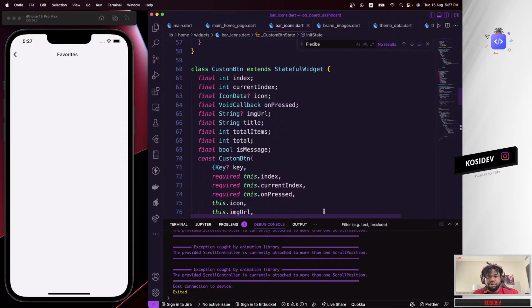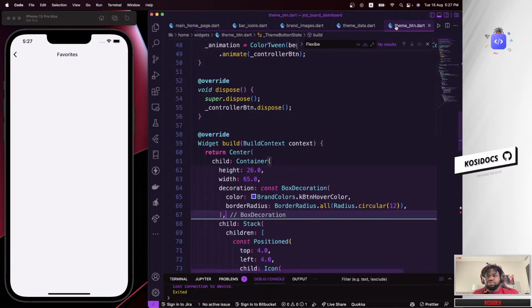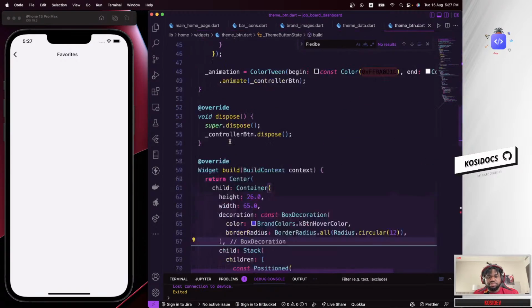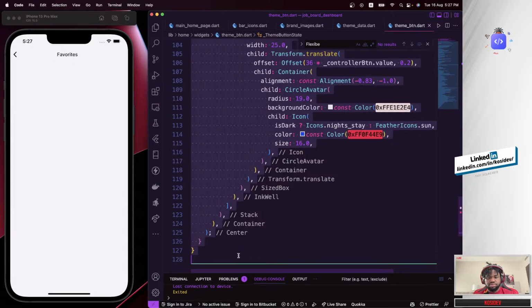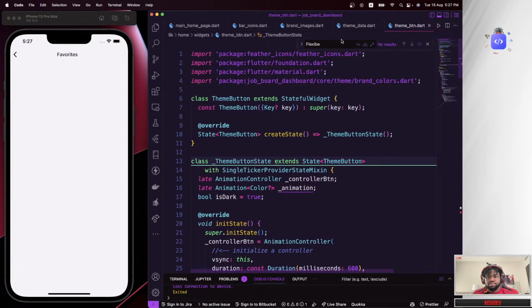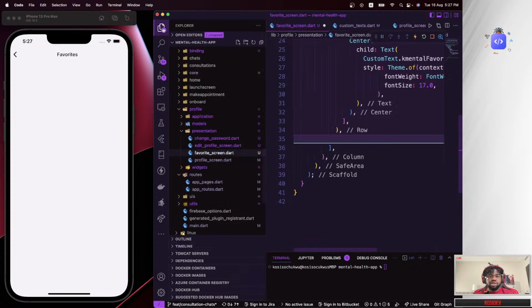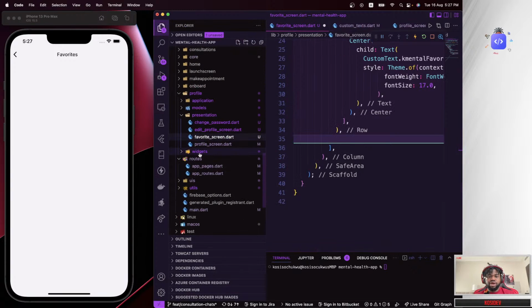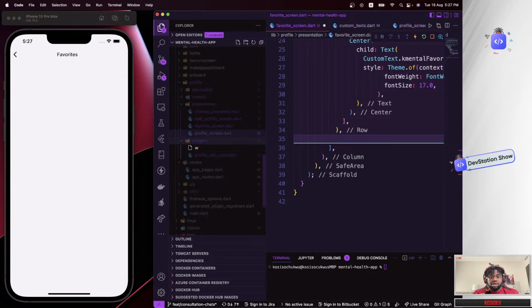So this is the code I'm looking for. It's called not custom button, should be theme button. Yeah, theme button. So I'm going to copy all this, just copy that and head over here, and I'm going to create a separate class. Even if we copied it, I will still need to do some changes to it. So in here, I'm going to create a widget. I'm going to call that